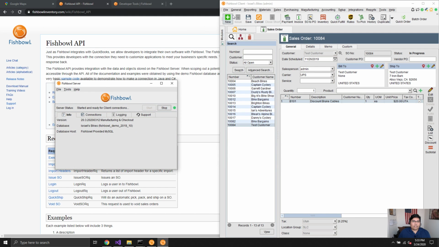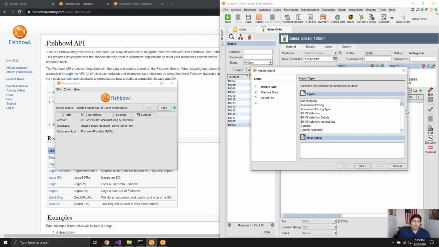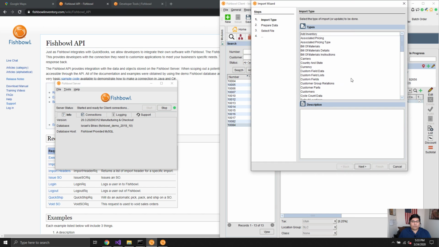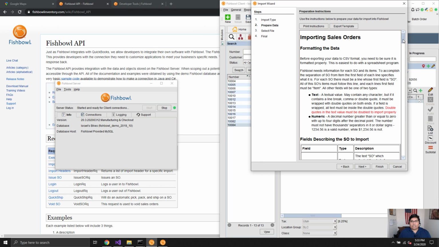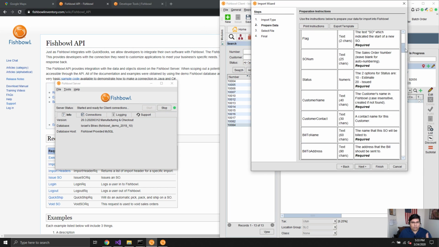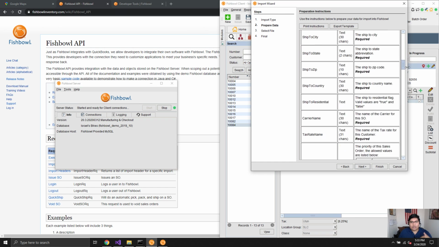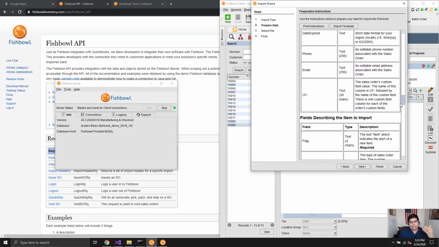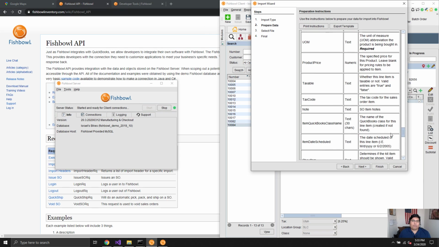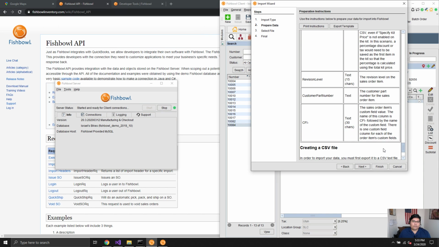One of the things we have to understand when dealing with the Fishbowl API is that they want us to use mostly the CSV import process that's inside of Fishbowl today. These CSV imports look just like anything else. I'm going to pick the one we're going to mess with today, the sales order CSV, and they have what you should expect for the header, what you should expect for the line items, things like that. All these fields are going to be part of the file that we're going to import into Fishbowl